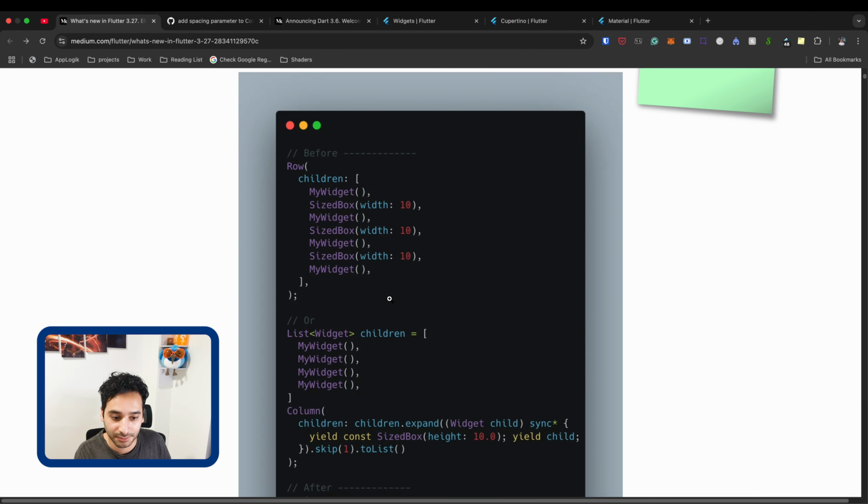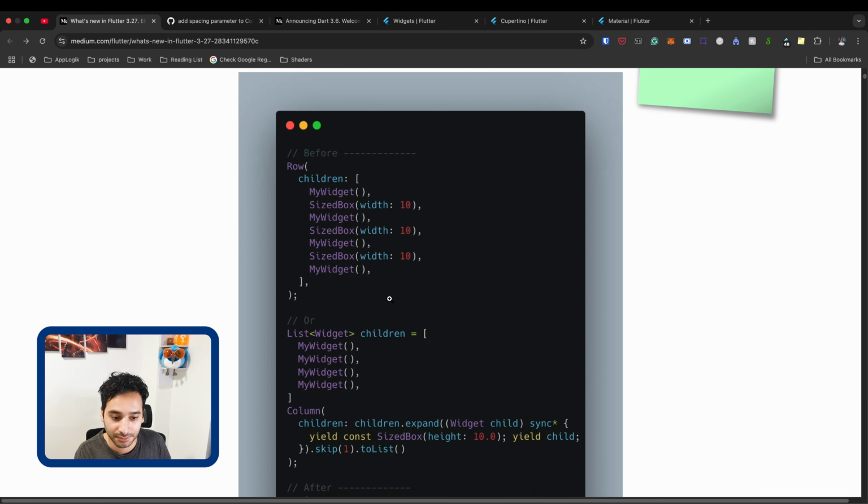For example, they said that we want to keep everything in Flutter separated, and the widgets can be composed together to do complicated things. So that's why we cannot add the spacing feature to the row and column. The same happens with padding. The widgets don't have the padding property. For example, if you want to add padding to a text, you have to wrap it with the padding widget.